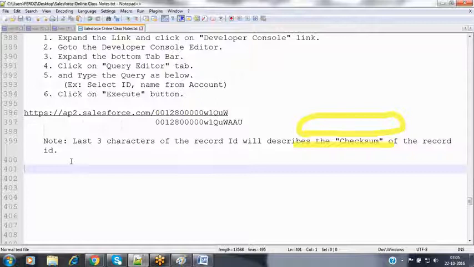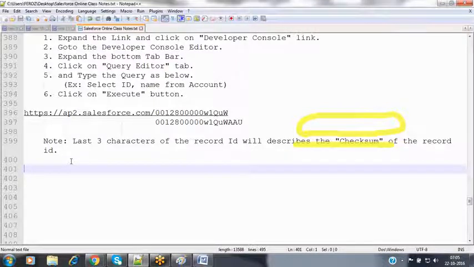See, when coming to Salesforce, you may create multiple records with the same details. But in order to identify each and every record uniquely, we have to use the record ID itself. Suppose I'm deleting an account record. While deleting it, I cannot use the name, because if multiple records have that name, all the records will get removed, but I want to delete only one record. So for that, we have to get the ID of the record, and based on that ID only we can remove it. Suppose I'm updating a record, which record do we need to update? All the records having the same name? No, one specific record, so we can update that record by using the ID itself.